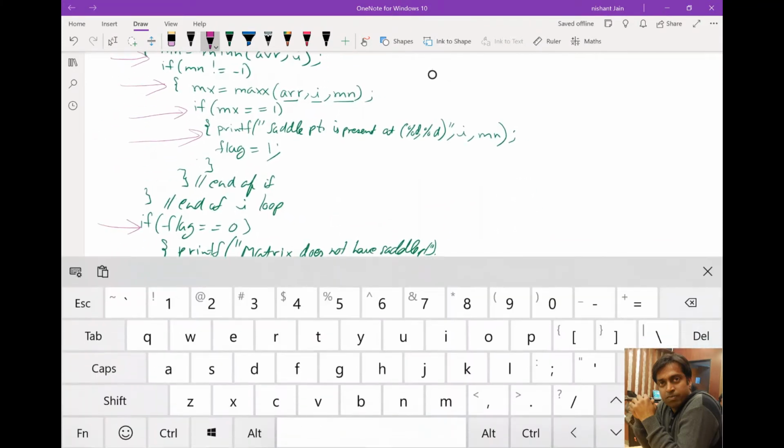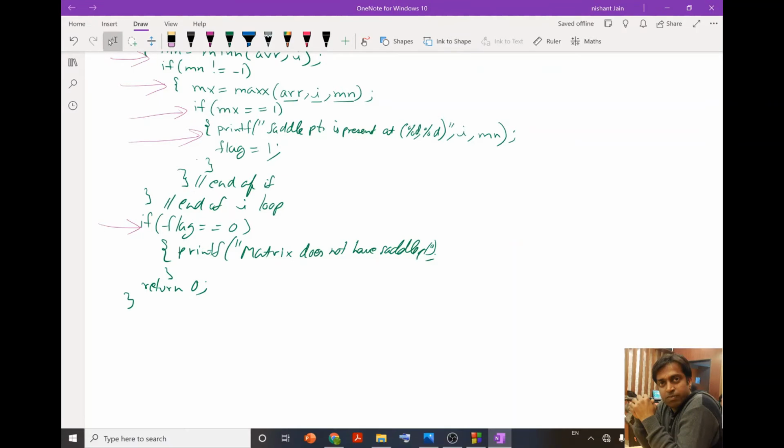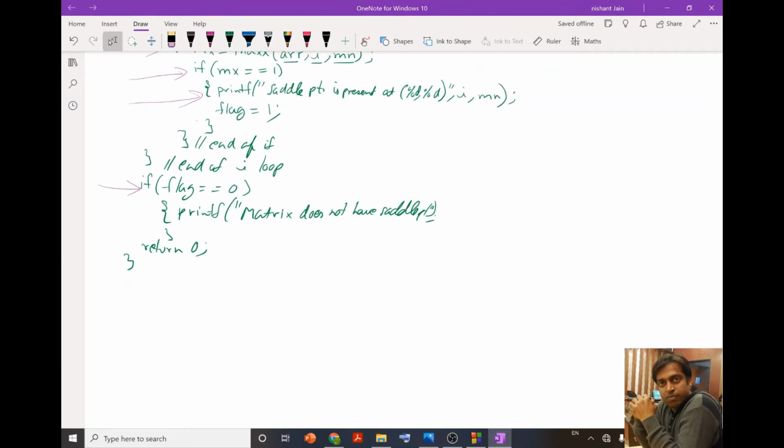Now after this, let me come to the function definition. So first I am going to write the function definition for the min function.